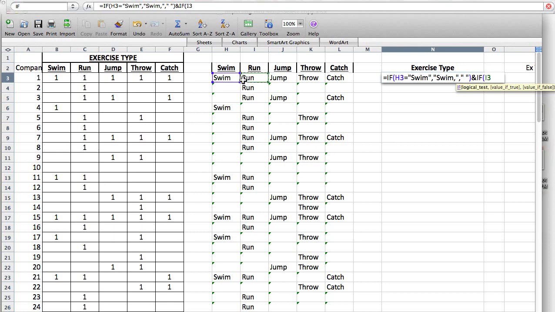if I3, in this case, equals "run," then it must equal "run" with a comma. Otherwise, it is a blank. Close that one up. Next one, ampersand